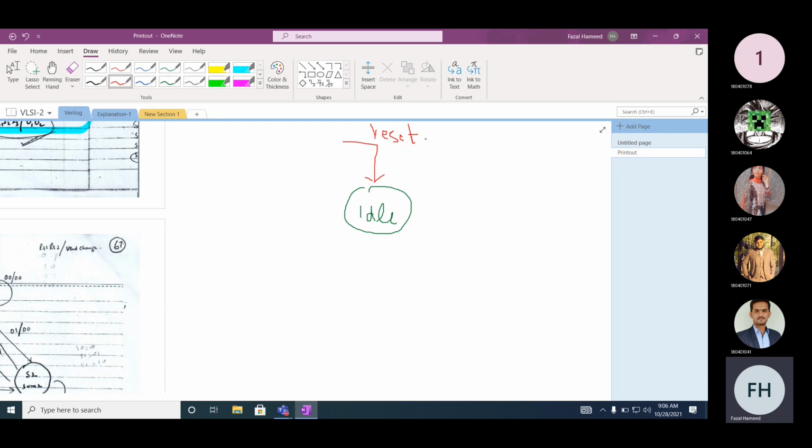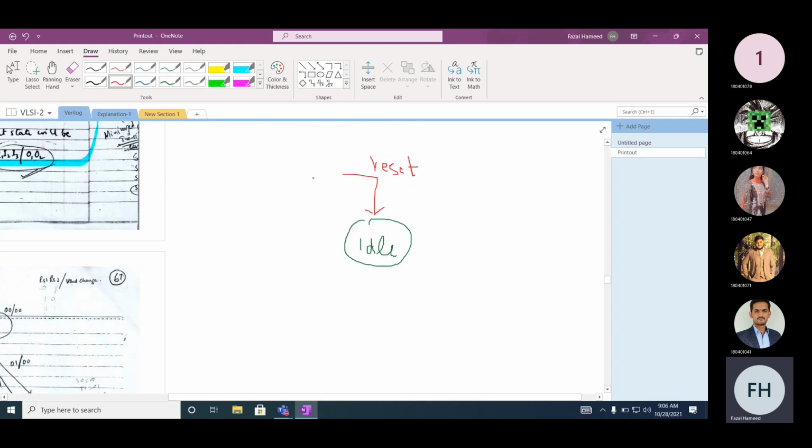So you need to initialize your system to a known state, and in this particular example, the known state is now an idle state. It will be initialized to this idle state. And should we give a coke in this idle state? No. That's the point. It's very important. You should not give a coke in this idle state.